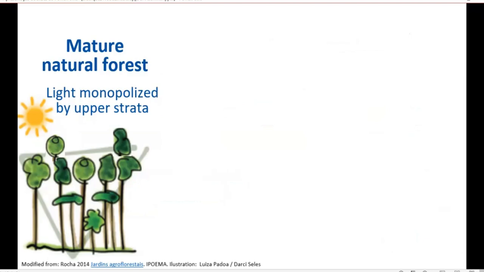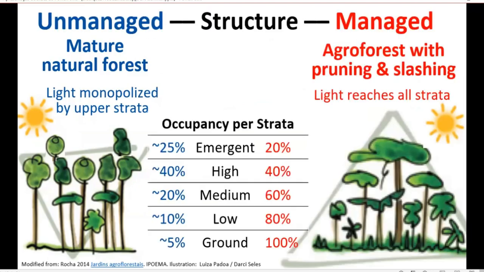But then, in a way, we are mimicking secondary succession, but we're also modifying some aspects of secondary succession. We don't want to copy and paste secondary succession of the natural forest. Because if we look at the natural forest structure, we find that there is a quick overcrowding of the upper strata by plants, both in temperate forests and in tropical forests. So this tendency of overcrowding in the upper strata leaves the lower strata